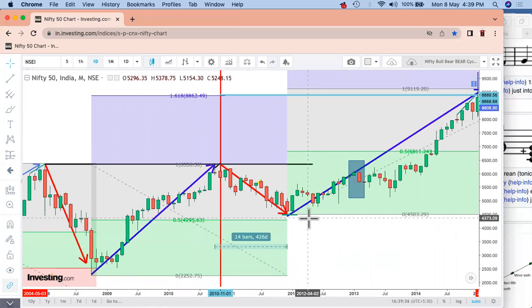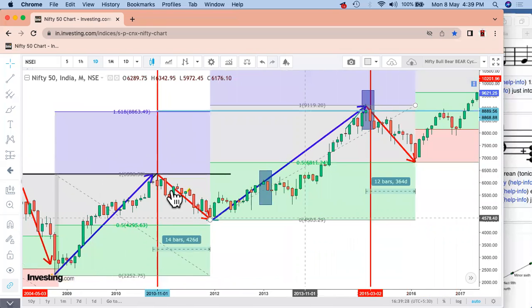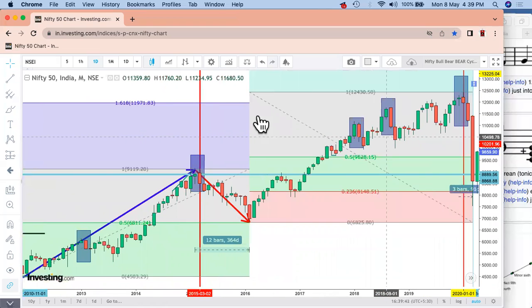And if this time and price do not match, let's say for example, if they are similar, for example, it is going to be 14 bars or maybe somewhere around 14 months, and if it is 12 months, almost around the same period, from here it goes to a specific level which is 162, and from here also it goes to a specific level which is 162.